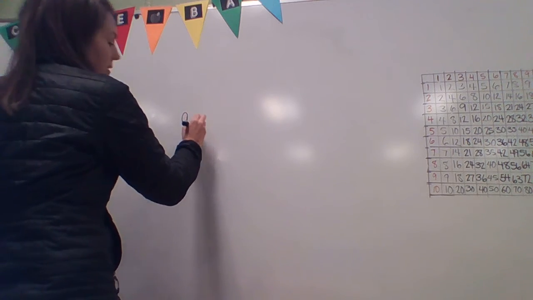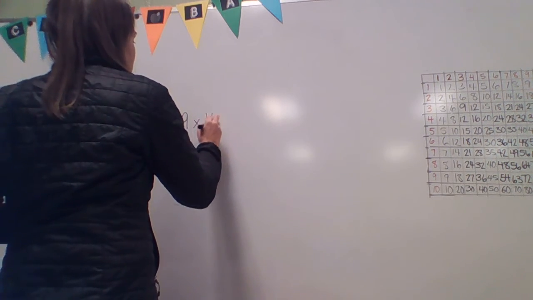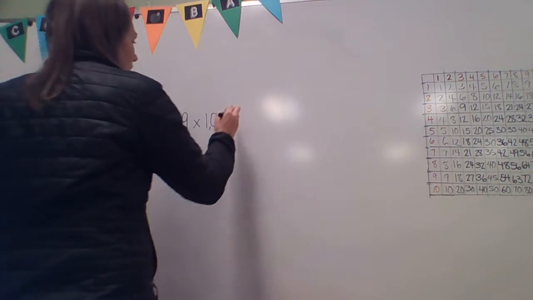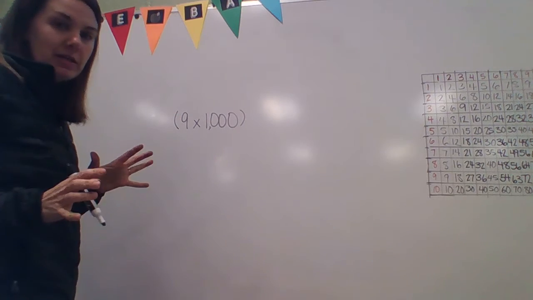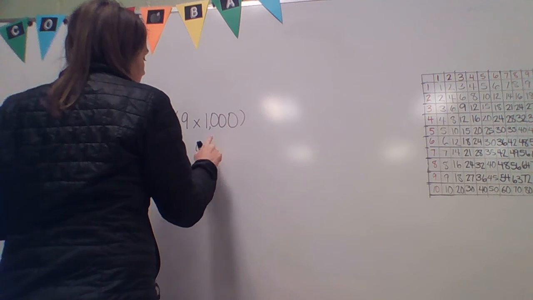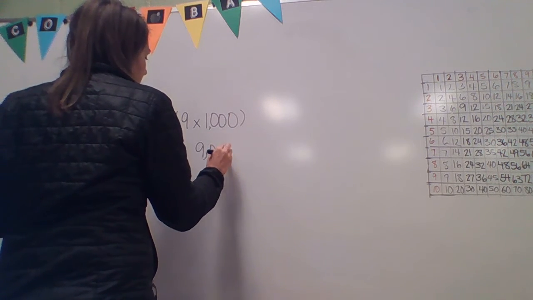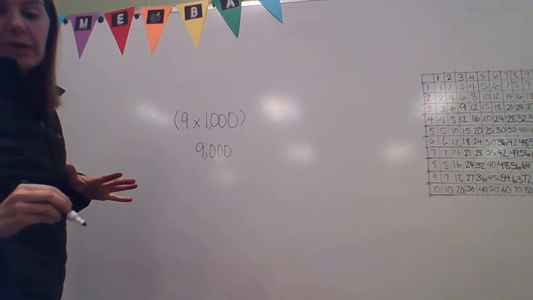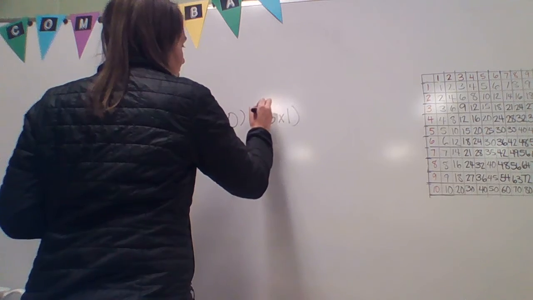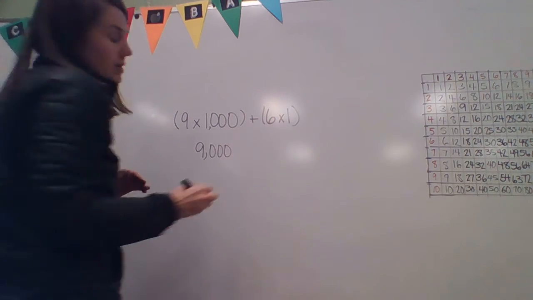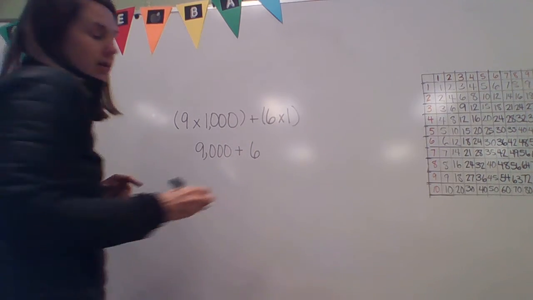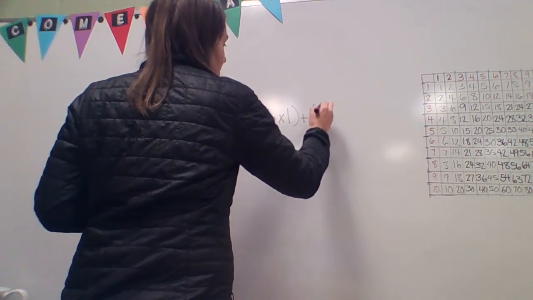All right, number 8, a number is written in expanded form as 9 times 1,000. Okay, so before I read any more, 9 times 1,000 is going to get us what? That's like 9 thousands. That's like saying we have 9,000. Okay, now I'm going to add on to it 6 times 1, or 6 ones. So that would be like saying now I have plus 6, right? Plus I have 3